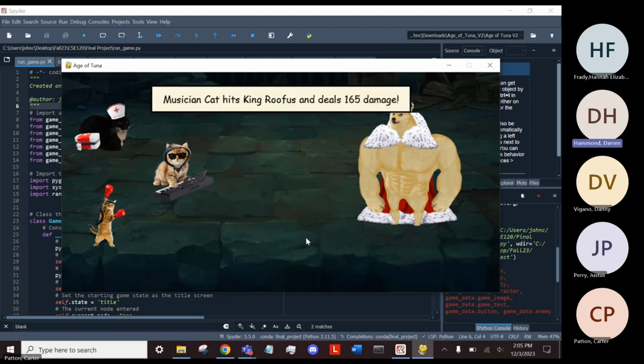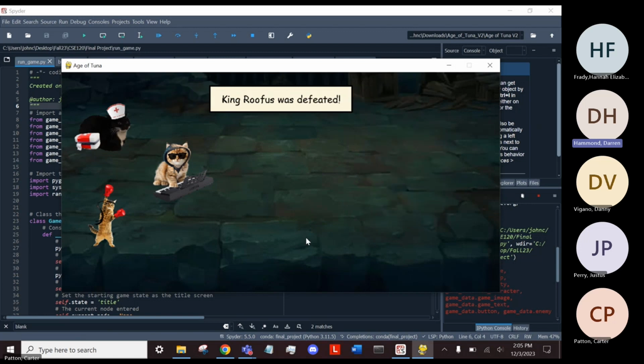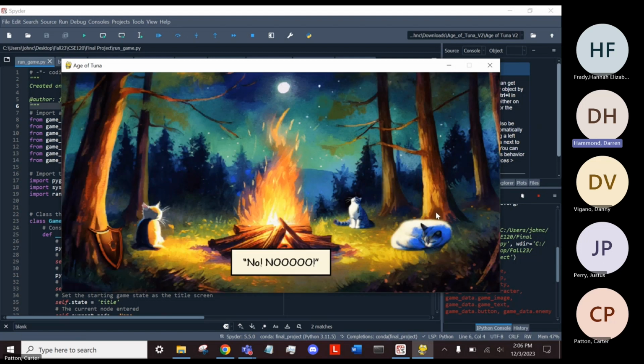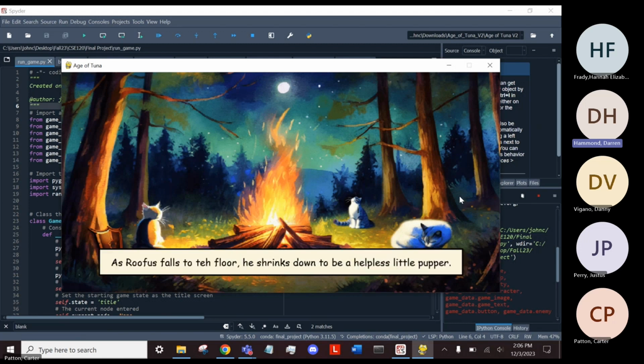You need to use items and special attacks in this to be able to defeat him. But as we can see, we've got a super powered party. He was easily defeated. Now that he's defeated, we go into another text file immediately after that, which gives you the rundown on how everything turns out now that you have defeated the Doge King and rescued the